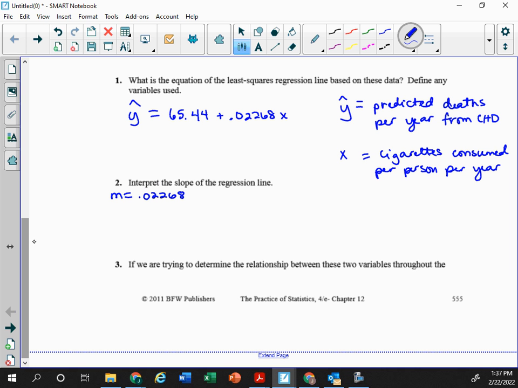So for every person who consumes a cigarette, the amount of people with CHD will go up 0.02. Okay, yeah. So for every, I'd just say like one additional cigarette or one cigarette consumed. And then we'd want to include we expect deaths per year